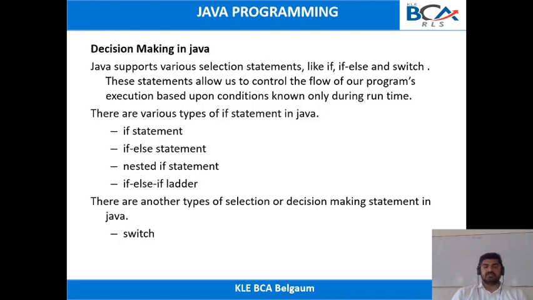Next we have the if else if ladder. Here, initially at the if condition it will check whether the condition is true or not. If that condition is true, then the following statements will get executed. If that condition is false, the next else if condition will be checked, and it will continue until all the conditions are evaluated. If all the conditions fail, it will go to the else statement.